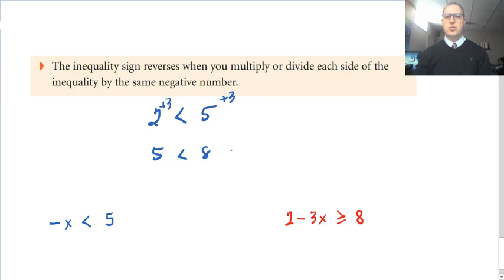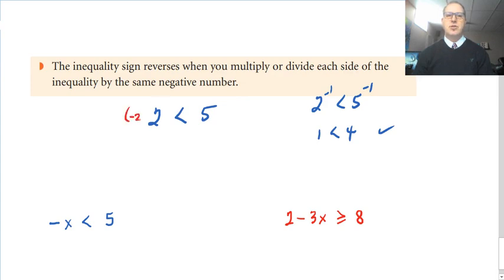Is that still true? Yeah. What about if I subtract something? Well, this is 1 is less than 4. Is that true? It is. Now watch this. What happens if I took that same inequality and I multiplied by a -2? And of course, I'll do that to this side as well. What happens? I get -4